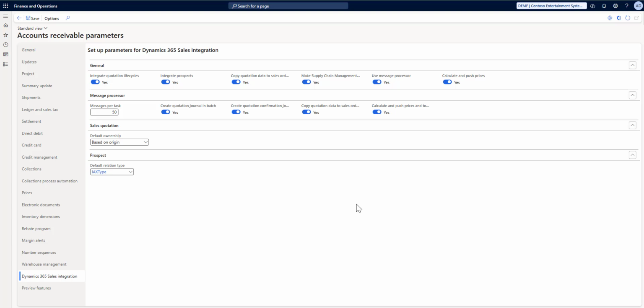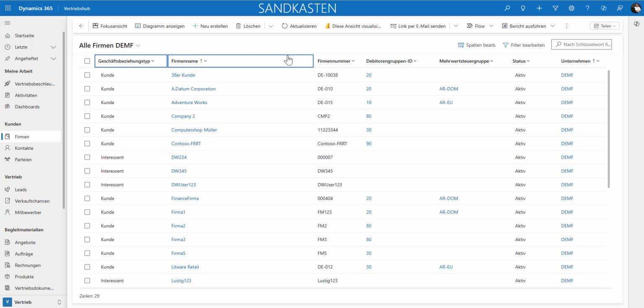I would like to show you how you can create the prospect, synchronize this information between both systems, make it a customer, create the order, push prices, and finally create an invoice and have this information in both systems. So let's get started in sales. Don't be confused, I'm using a German-speaking system. I will try to explain what I'm doing, and if you're familiar with sales, I'm pretty sure you know